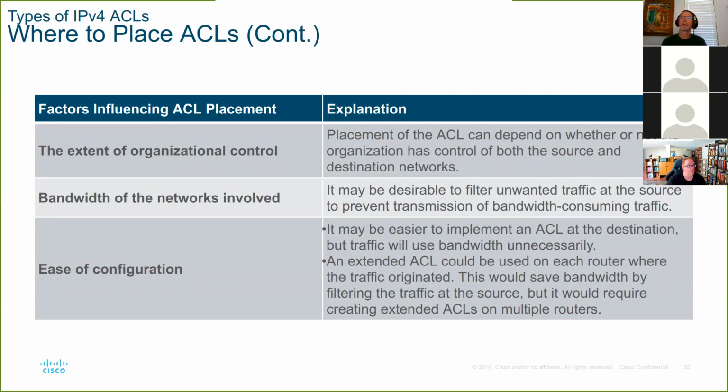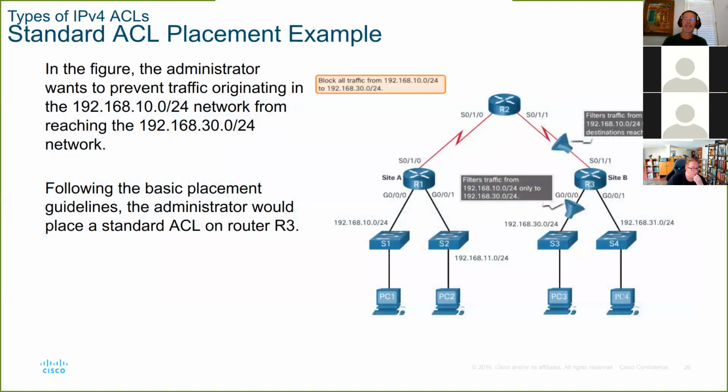Now, as we move forward in time, and as IPv4 gets phased out in favor of IPv6, you should know that there are no numbered ACLs in IPv6, and there are no standard ACLs in IPv6. Any standard ACL can be written as an extended ACL. So you have much better granularity, much better control, and we can ditch all of the standard ACLs altogether if you want. In IPv6, there are only named extended ACLs.